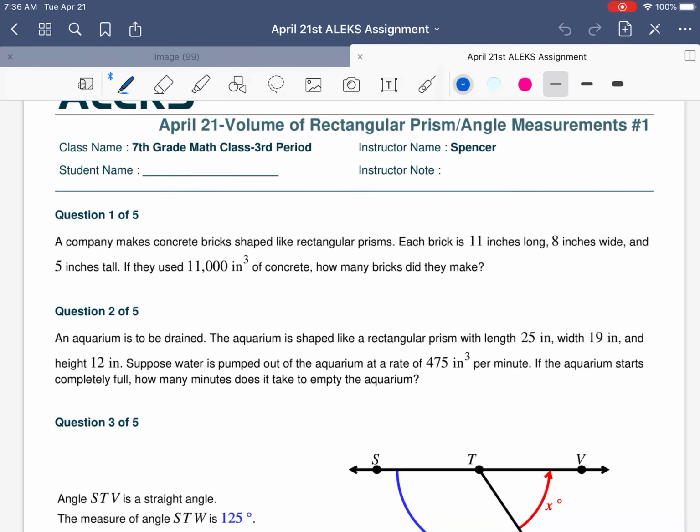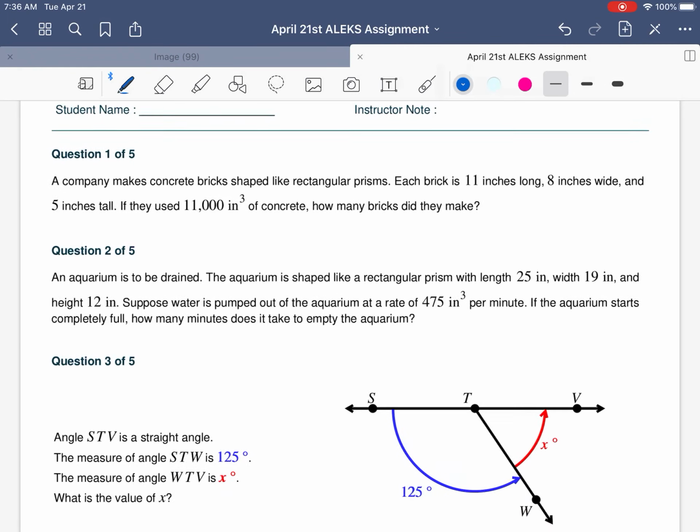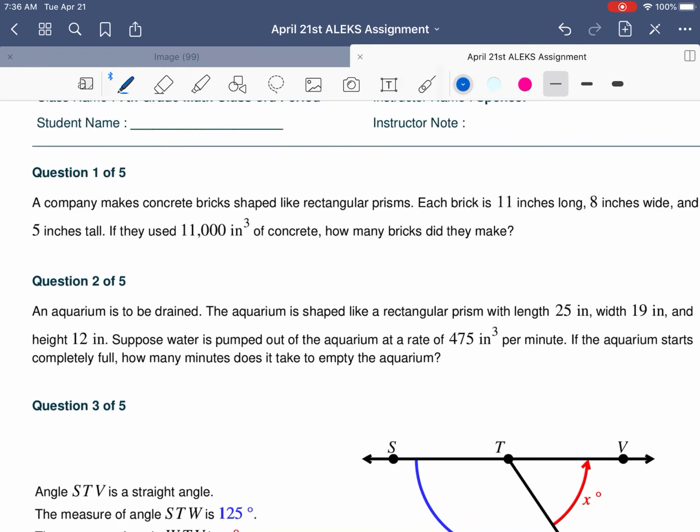Hi students, today is April 21st and our lesson today is volume of rectangular prisms and some angle measurements. There are a couple of different things in here today, so we'll just go ahead and look at, first of all,